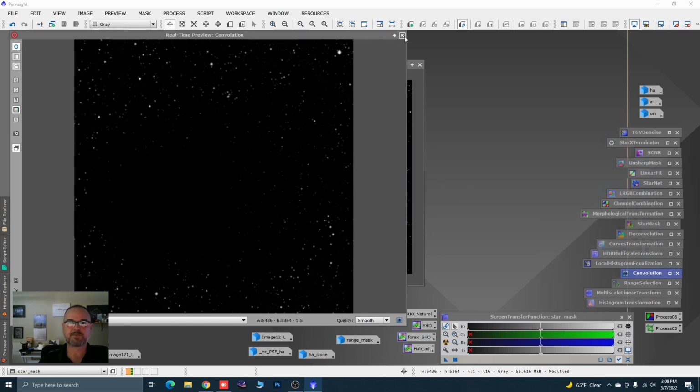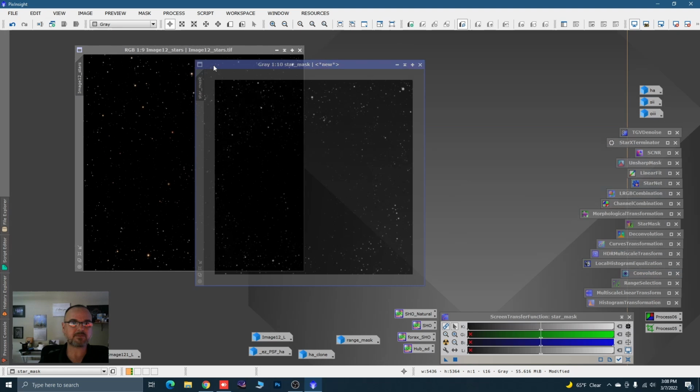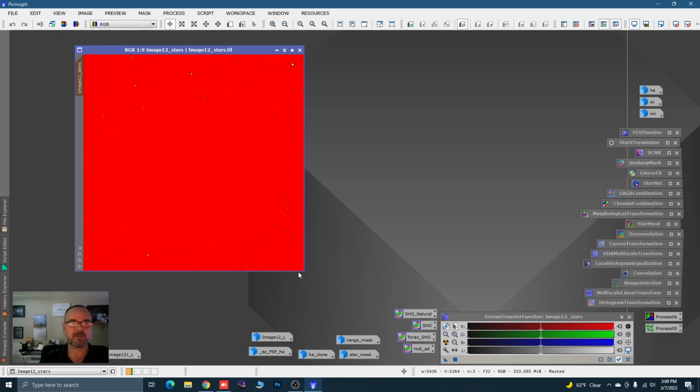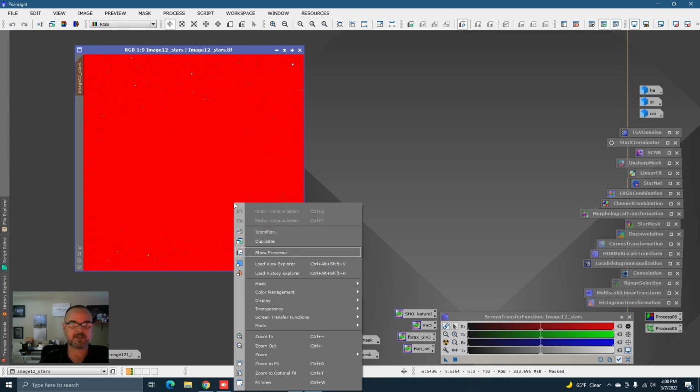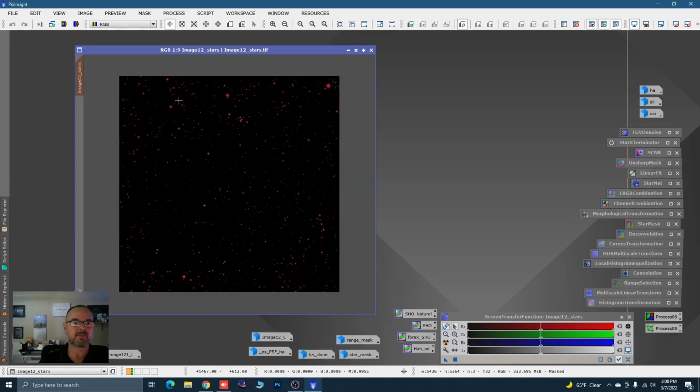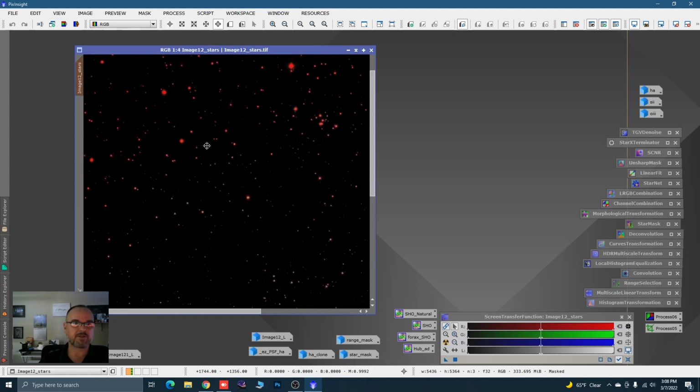Just blurring the stars just a little bit. Minimize the tool. Close the real-time preview. All right, and then we're going to apply the star mask just to the stars. So this is what's cool about being able to separate those stars out. Let's right click on the image, go to mask, and invert. So now all we're doing is protecting the stars. Where it's red here, you can see the star is protected, and where it's not red, it's not protected. So we're basically red at the core, the centroid of the star. But around that edge, I was showing you all that kind of